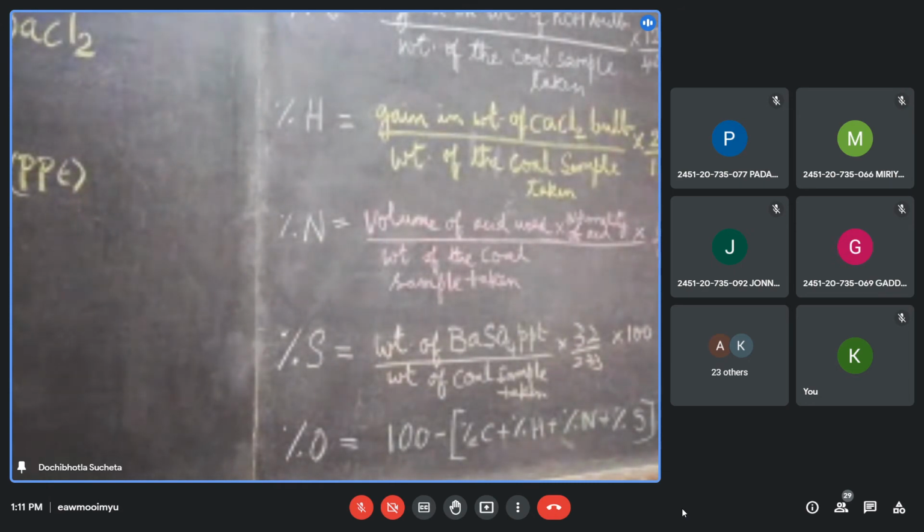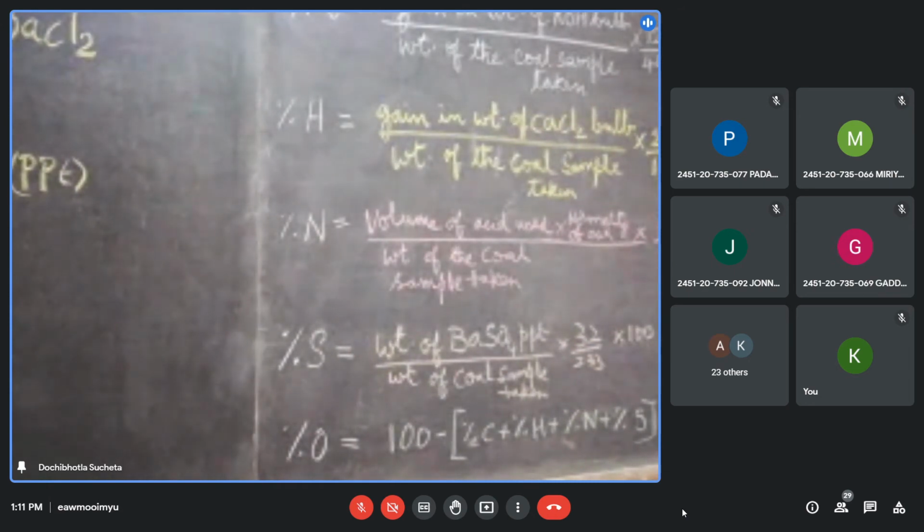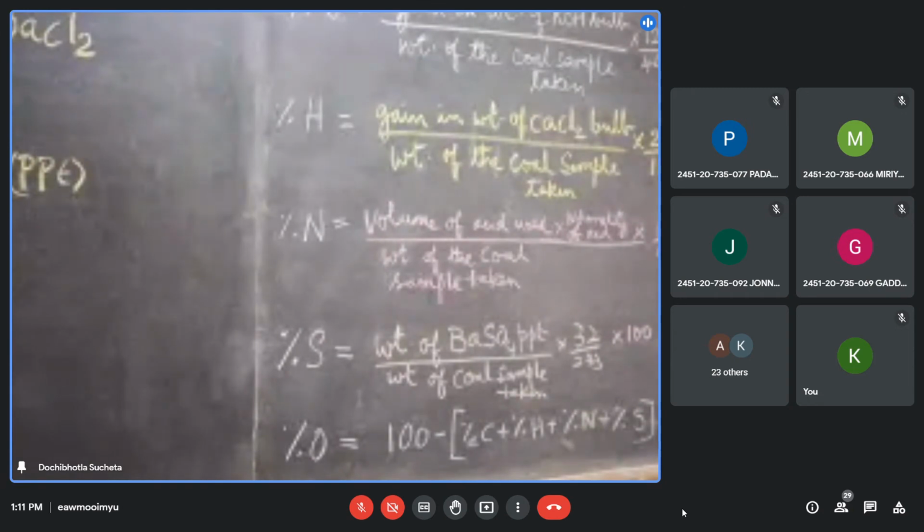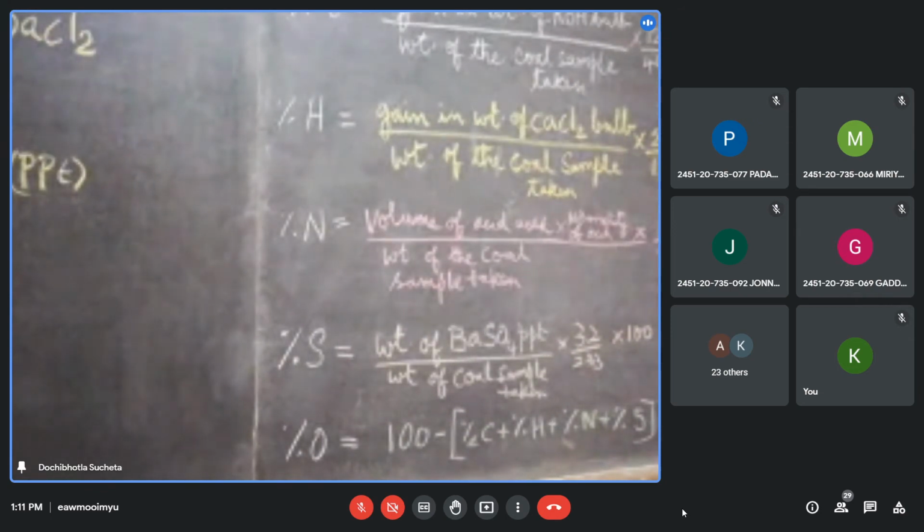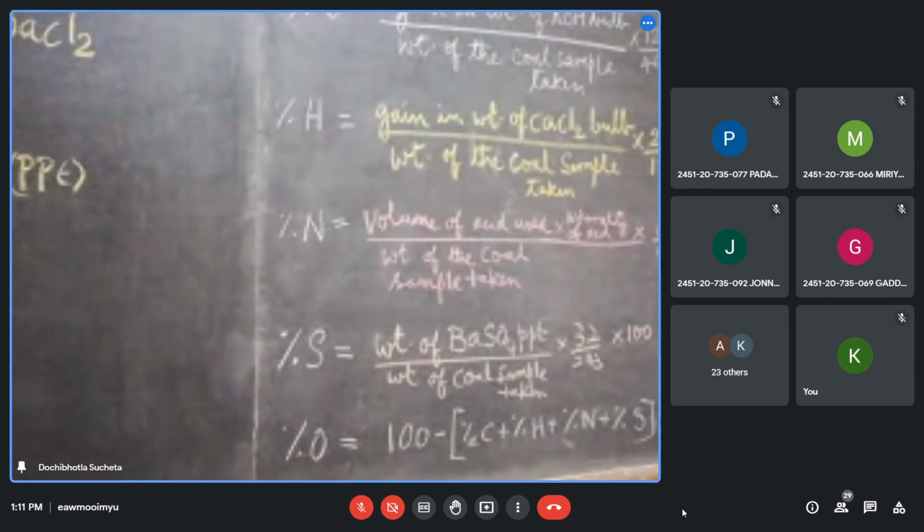Sulfur oxides, sulfur dioxide or trioxides, which are formed after combustion, will affect the apparatus, instruments or machinery under utility. And these oxides of sulfur are environmentally very hazardous, and hence we don't encourage the presence of sulfur in the fuel sample.